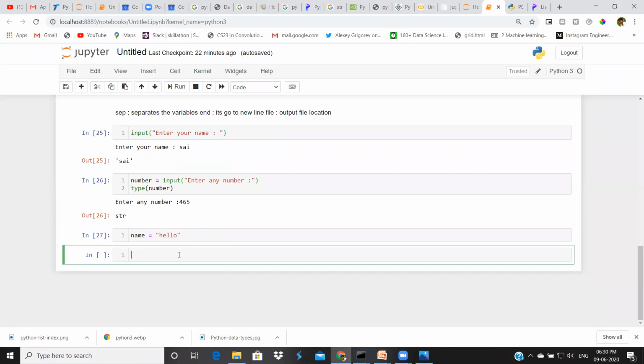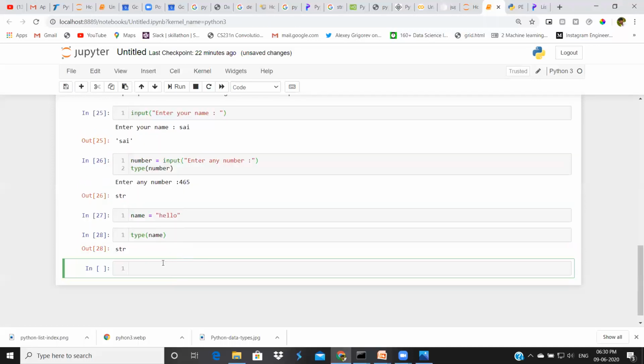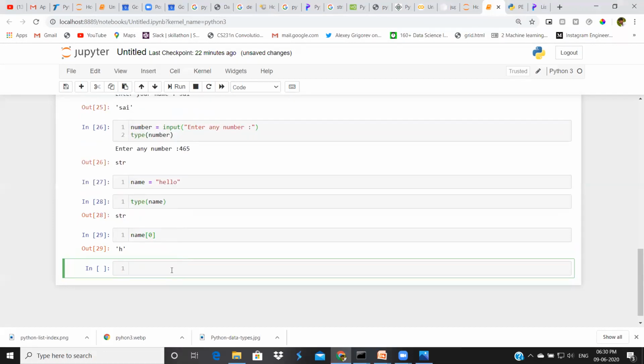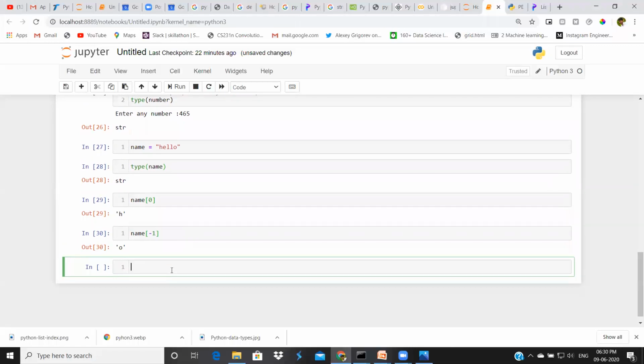This is a string value, type of name is str. Already we discussed slicing and dicing, how to select the first letter and last letter from a string. Today we will discuss some inbuilt operations on strings.